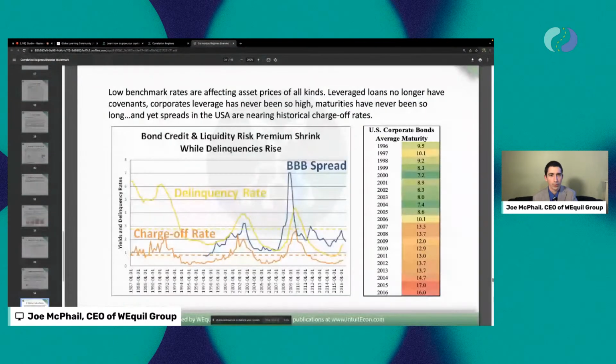Here's a good example. If you look at U.S. corporate bonds, and I think it's worse now, some of this data is a bit old, but the average maturity on corporate bonds in just the United States has generally been getting longer and longer. And you've seen other evidence of this too in foreign markets, emerging markets. Some of these governments in emerging markets are starting to issue 50 or even 100-year bonds, just like governments in Europe started doing just over the past decade.